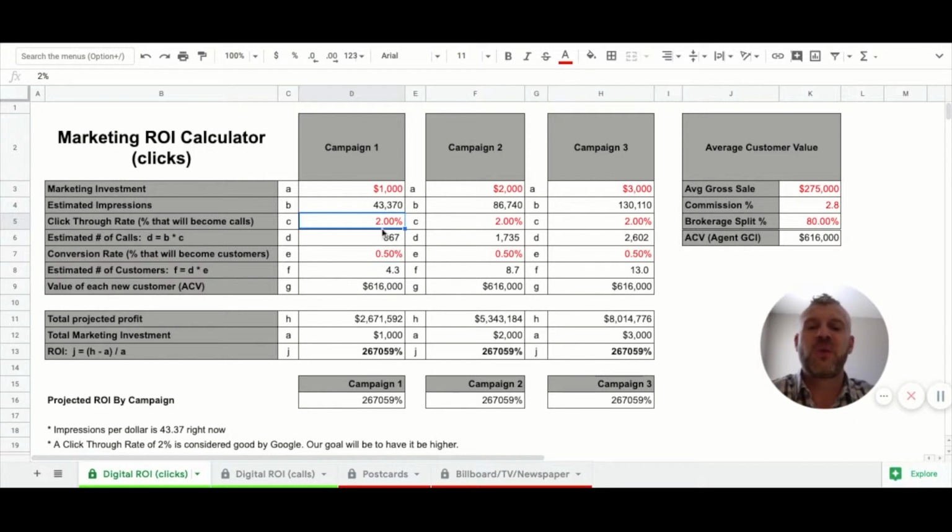Okay. So with the 2%, again, ours is a little bit higher than that, but we're going to be conservative and use that. That means we have 867 clicks based off of this $1,000 per month campaign. All right, so the next variable here is a conversion rate. So what we're talking about here is of all of these clicks,